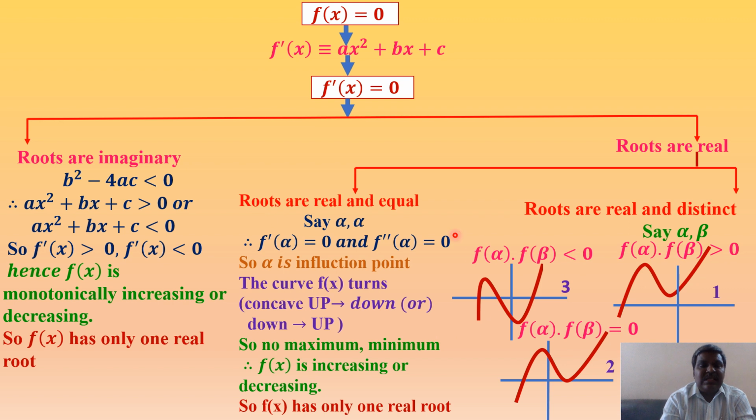In this manner, we can check the number of normals drawn from a given point to the given parabola, whatever form it may be in. So, writing the general equation of the normal is very, very important as your first step. Take the general point on the curve, that is, the parametric point on the curve. Write the normal at that point. Substitute the point in that obtained normal. We make the cubic equation in terms of either t or x, whatever it may be.